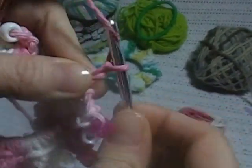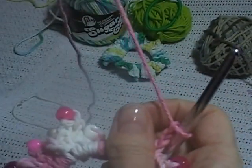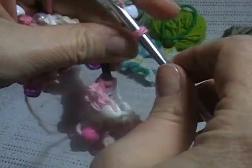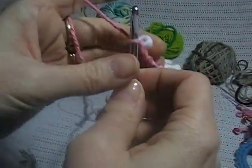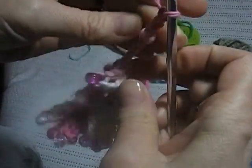Okay, so then I'm going to chain 1, 2, 3, pull up another bead, slide it down, chain 1, okay, and then chain an additional 3 more. Okay,